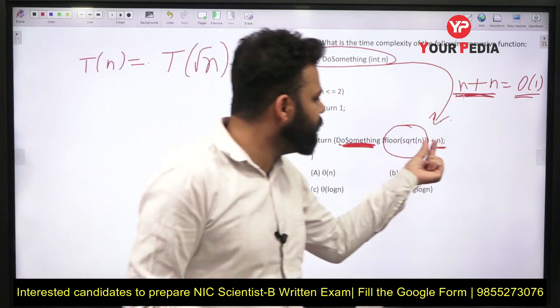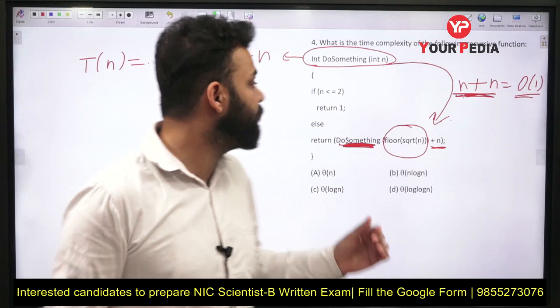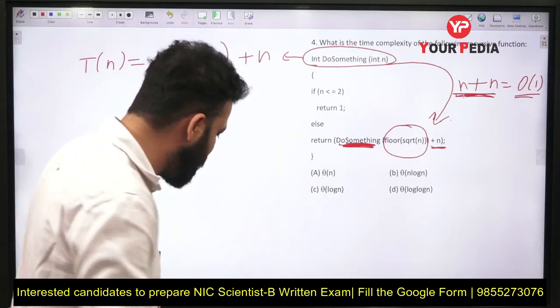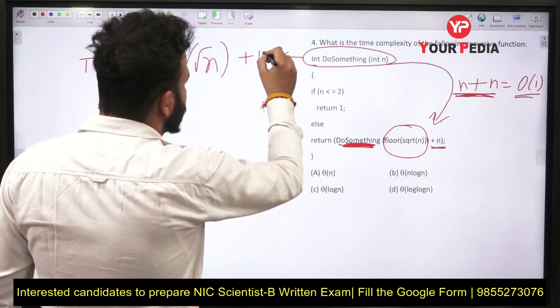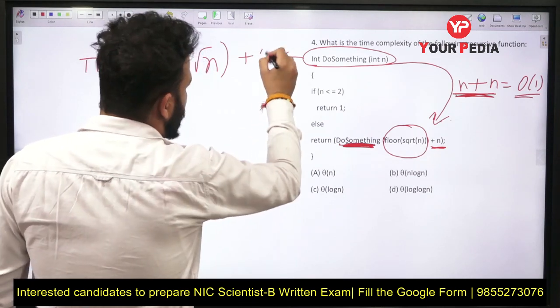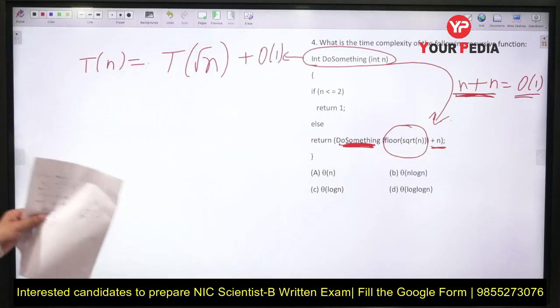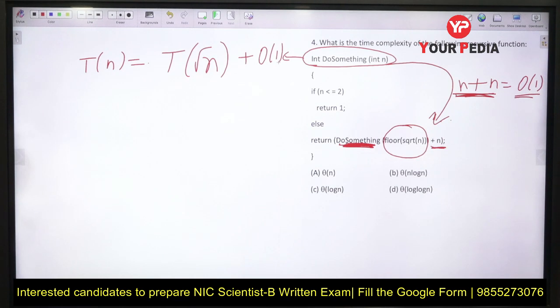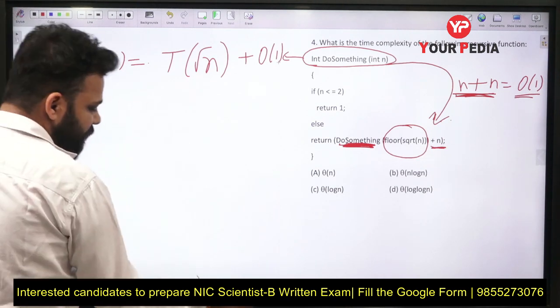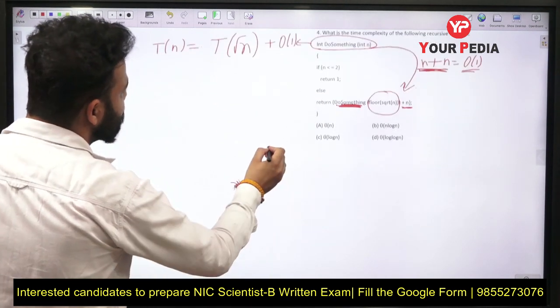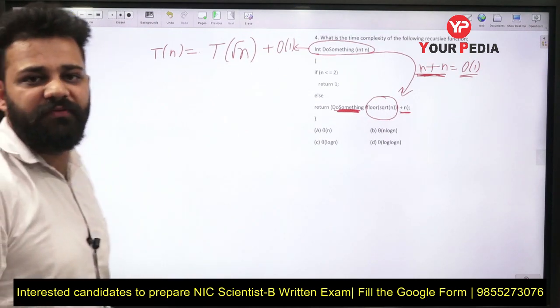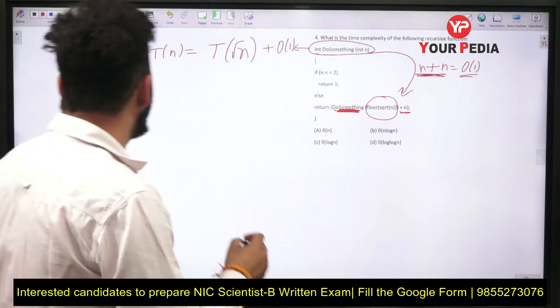So plus n will not take n time, how much time will it take? It will take just order of 1 time. So now you can solve this. In order to solve this, we will apply the master theorem, but we cannot directly apply the master theorem, so we will do some